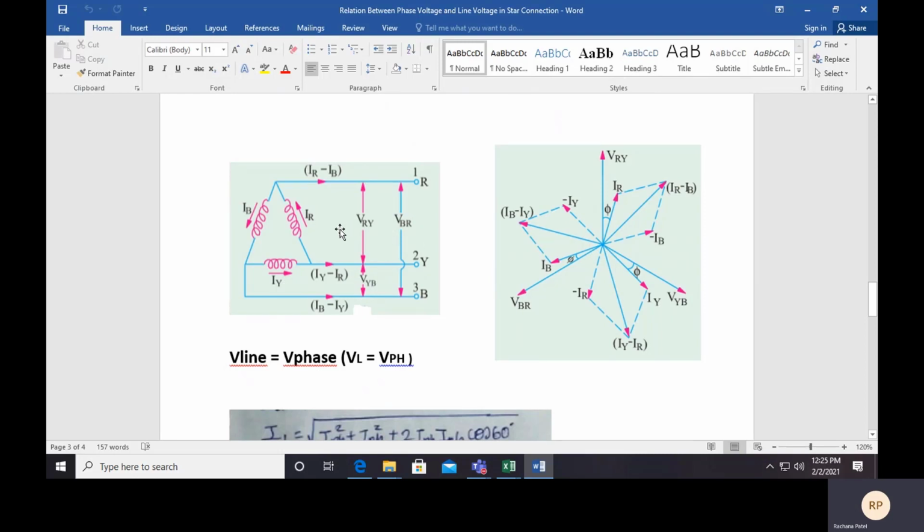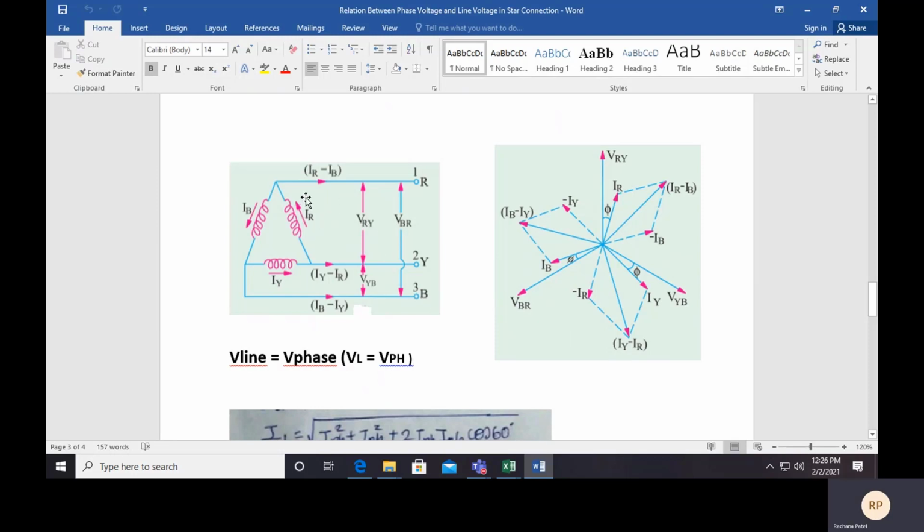By taking the first side, we can easily say that whatever voltage is induced by the individual coil, let's say the R phase coil, the same voltage is available at terminals R and Y. So it is very simple to say there is no change between line voltage and phase voltage in a delta connection. Both are the same. Further, this is for the Y phase winding. Let's say VYN is the induced voltage. VYN is measured between terminals Y and B. Obviously, both are the same. So there is no doubt about this relationship.